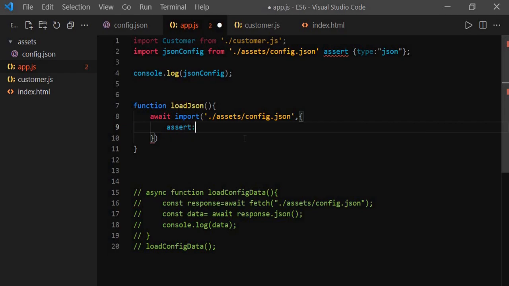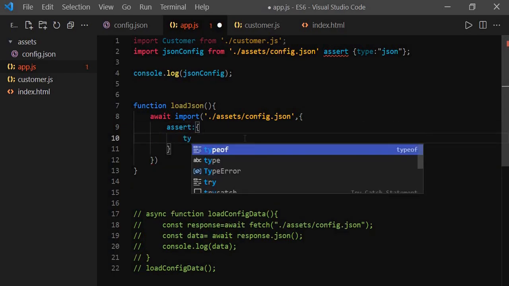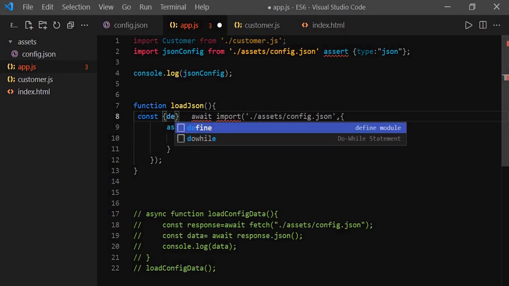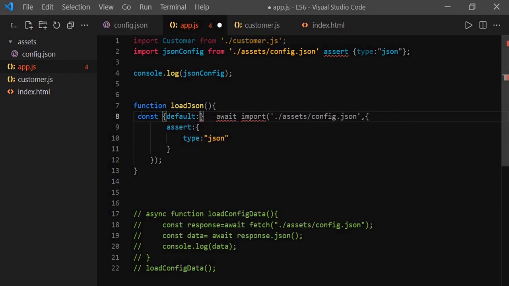So assert, and then we mention type json, and we need to store this result in a variable, right? So const, and here we need to use the keyword called default, and then we mention our variable name. We can use any name, so I am going to use jsonConfig2. Here default is the keyword, and jsonConfig2 is the variable name. So we are storing the result of this imported JSON module into jsonConfig2.